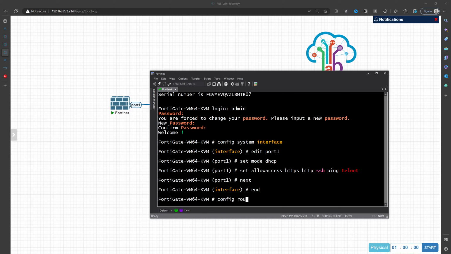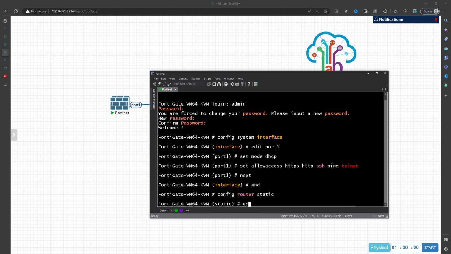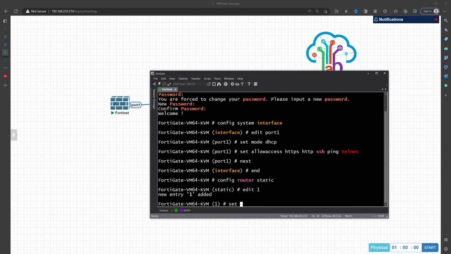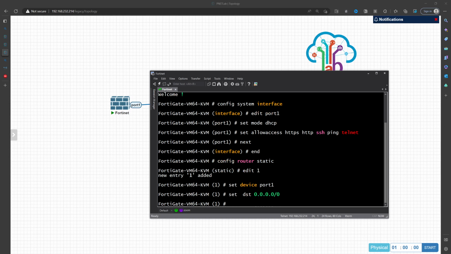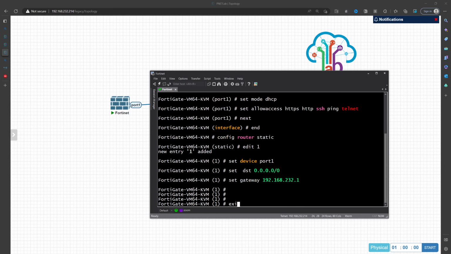configure router static, edit 1, set device port 1, set destination 0.0.0.0/0, and set, what IP did you get? Set gateway 192.168.232.214, sorry, .1, exit, no, not exit, next,